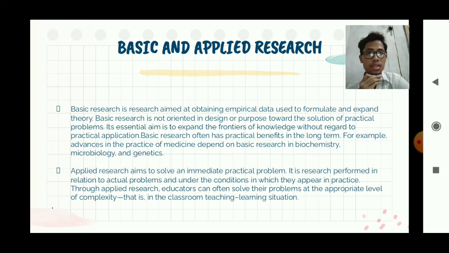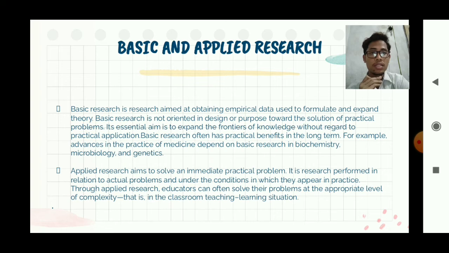I will explain about basic and applied research. Basic research aims at obtaining empirical data used to formulate and expand theory. Basic research is not oriented in design or purpose towards the solution of practical problems. Its essential aim is to expand the frontier of knowledge without regard to practical application. Basic research often has practical benefit in the long term, for example,